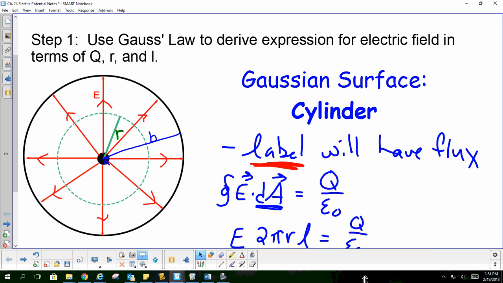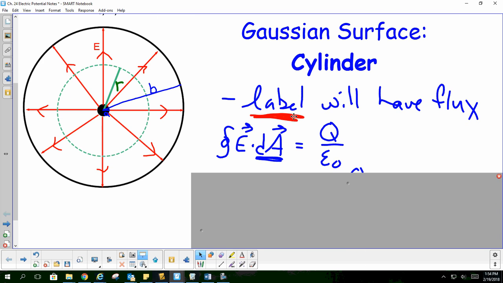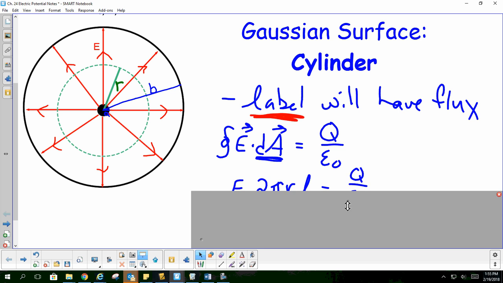So we start by using Gauss's law. Notice that I've stated here that the soup can label, not the lids, is going to have the flux, because the lids are going to be parallel to your screen. There'll be no electric field lines piercing that. The label is what's going to be piercing that. So we write down our